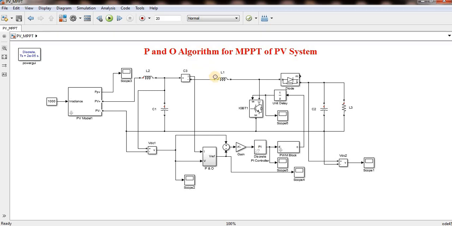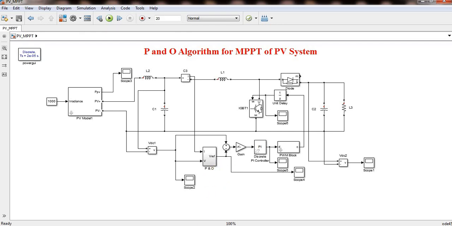If you have connected a buck converter, then the P&O logic will not be that affected, but the controller logic will be affected. If we are operating the output voltage, then the controller logic will be different, but P&O will be the same. But without this type of P&O, whatever I designed in this model, you can also generate the pulses. So it is basically logic. It depends on the logic of how we are approaching.